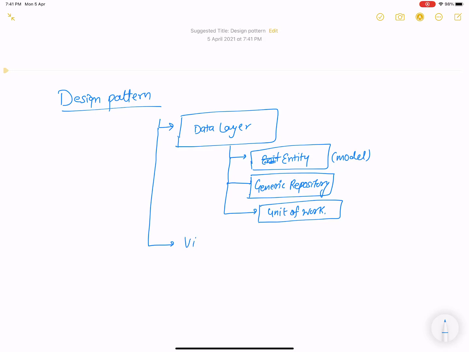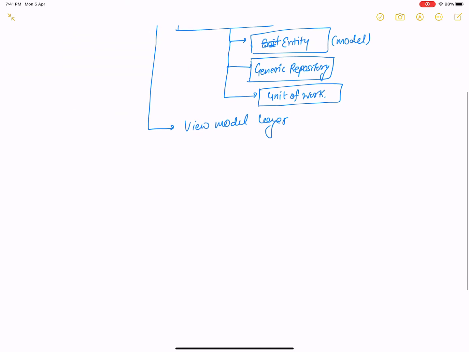Actually a generic repository is based on templates. After that you can design the unit of work, and the unit of work will work on the generic repository. The generic repository uses entities in a later session, but here in the data layer it uses the template, and the generic repository is used by the unit of work.